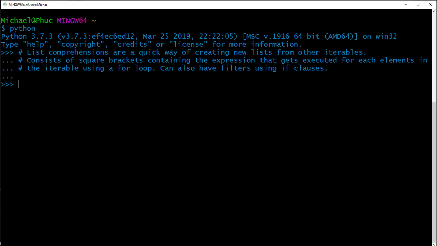All right, so let's just jump right into it. Let's start by creating a list using the traditional method, using iteration. So for example, my_list is equal to an empty list to begin with, and then we'll use a for loop for iteration. So for x in range